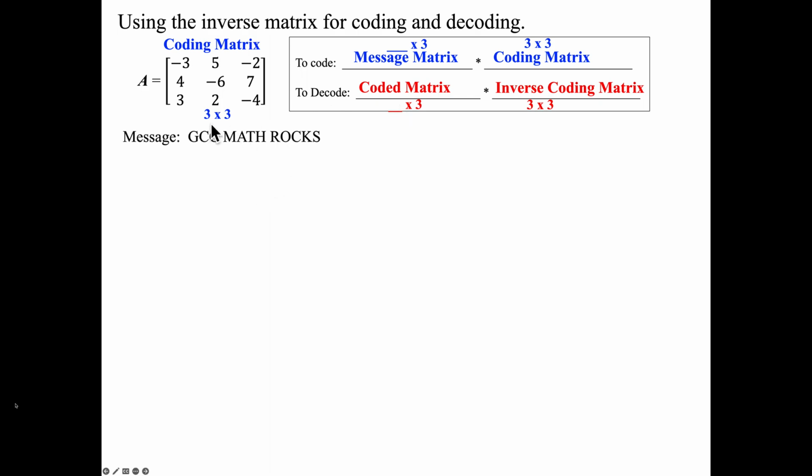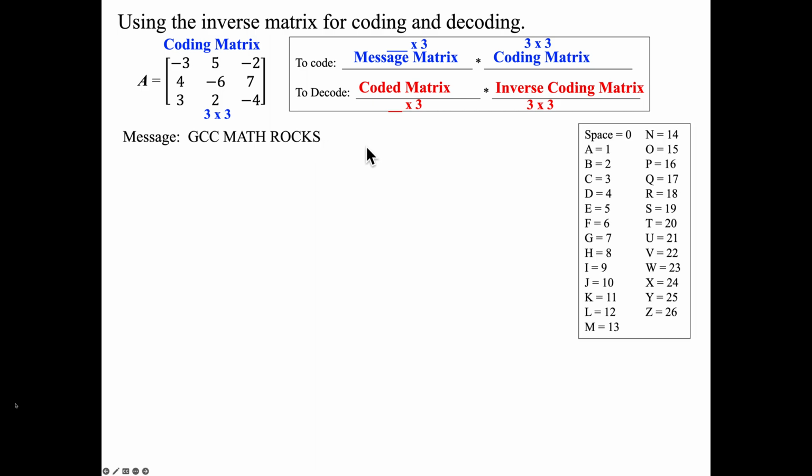So if we were to make an example, say our message was GCC Math Rocks, you have to come up with a numbering system for your characters. Since we're just going to work with letters, we're going to let the space in between our words be a 0. And then 1 through 26 will represent the entire alphabet. So we'll count up how many characters we want. There's going to be 1, 2, 3, 4 for the space, 5, 6, 7, 8, 9 for the space, 10,